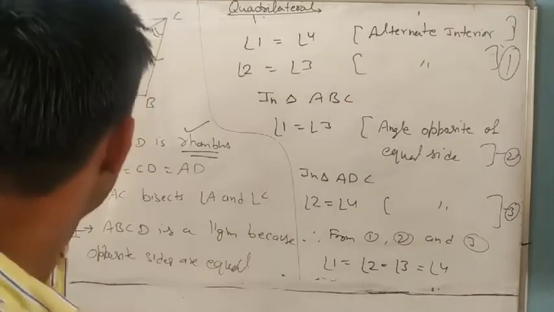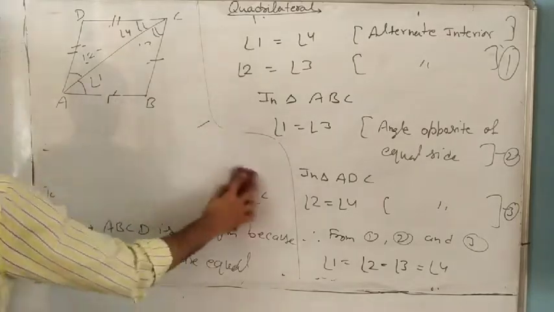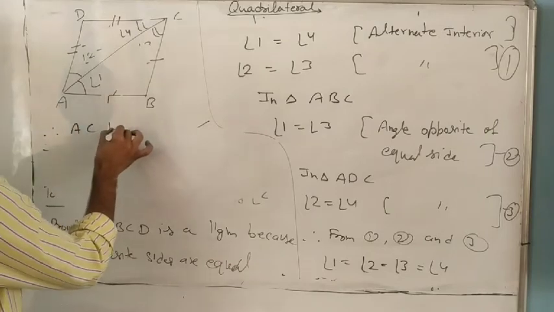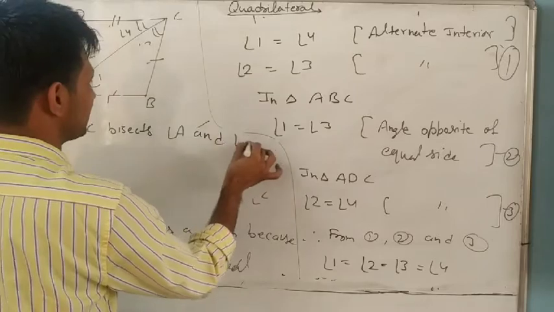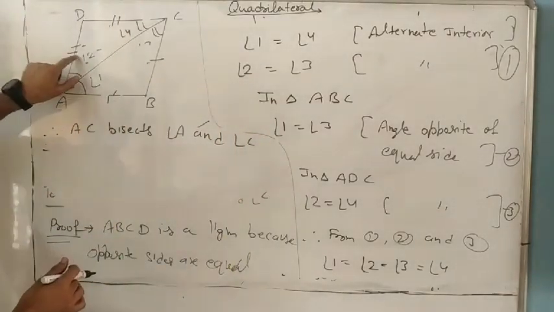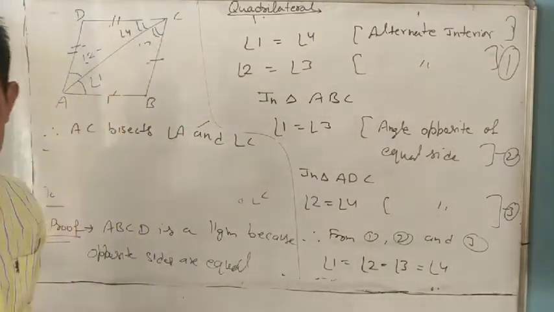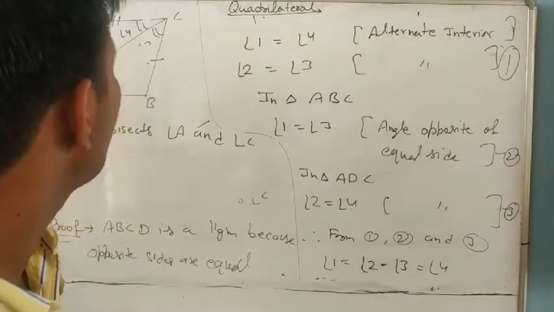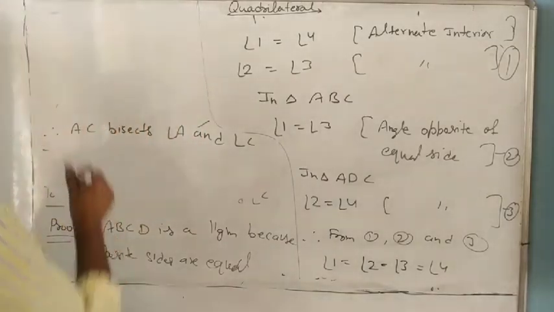So you can write directly. Here I am writing: therefore AC bisects angles A and C. Understand? What did we want to prove? That angle 1 equals angle 2. We have done it: angle 1 equals angle 2 and angle 3 equals angle 4. And next, same as it is, BD bisects as well. Next, the opposite is the same as in the second part.